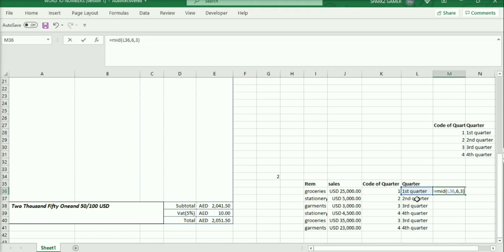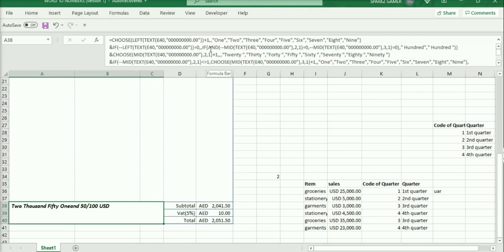I mentioned 3 characters. Closing the bracket. So you can see from 6, U is the 6th character. From U onwards we need 3 characters: UAR, we got it. So I'm using 3 functions: CHOOSE, LEFT, and MID. Also we are using IF.